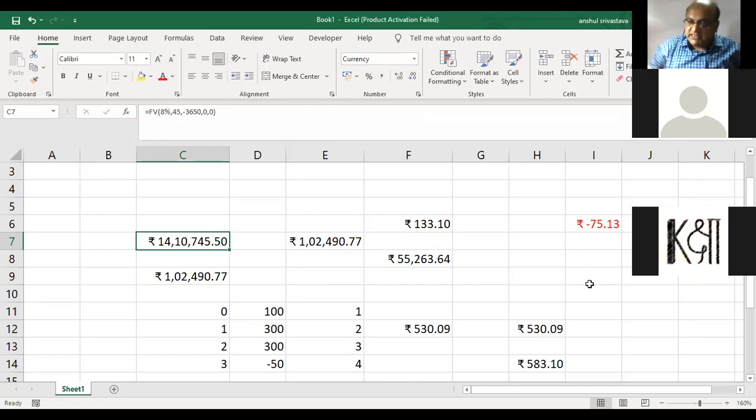This is the pain the customers do not realize. Personal finance people do not realize, and the whole world is doing retirement planning at 8%. Now 8% looks like a 5-star return, no? EPF, PPF, NPS, nothing is going to give you more than 8%. It is also on the higher side.